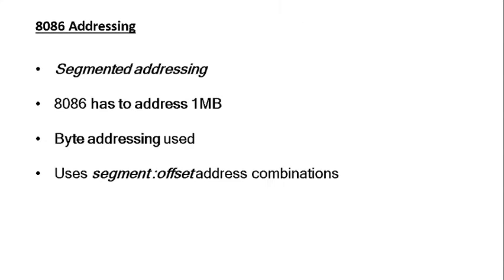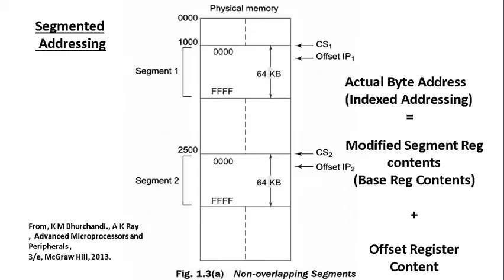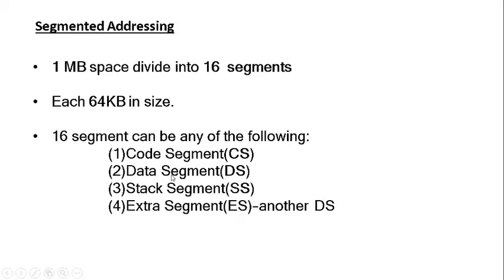That is the segmented addressing view followed by 8086. Code lies in one segment, data lies in another segment, stack lies in another segment. Here in this view you can see two code segments. These need not be of the same program but might be of different programs, and they are lying in different regions, right? So this is the segmented view followed by 8086, that is, physical memory is divided into various segments.